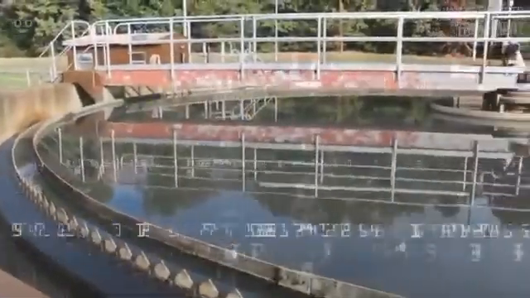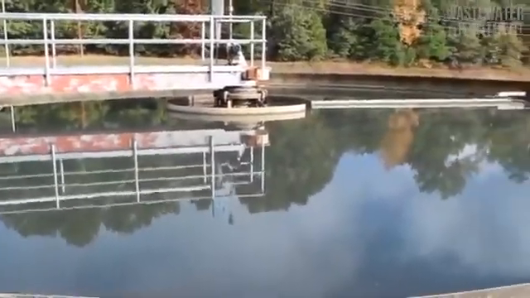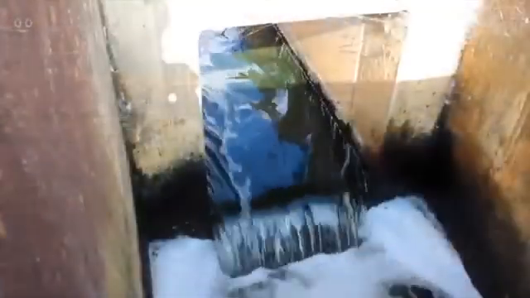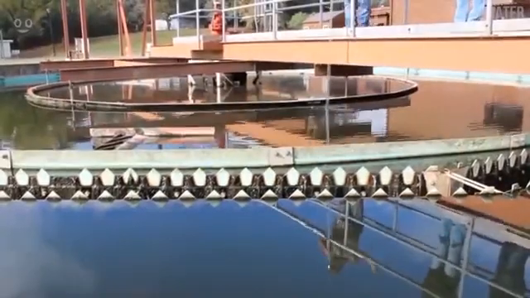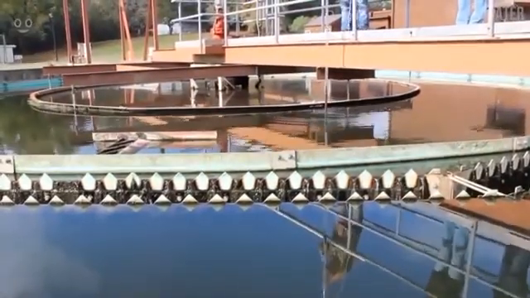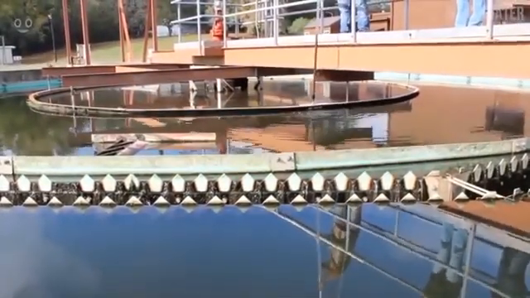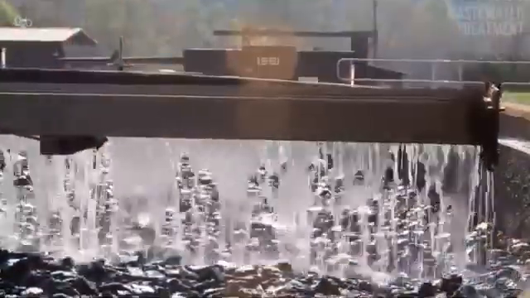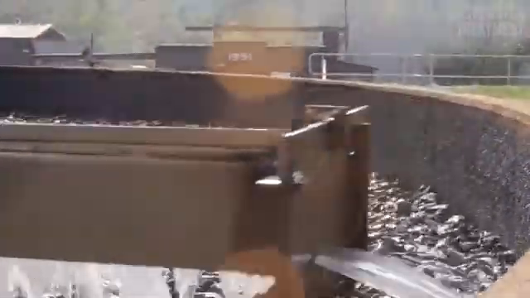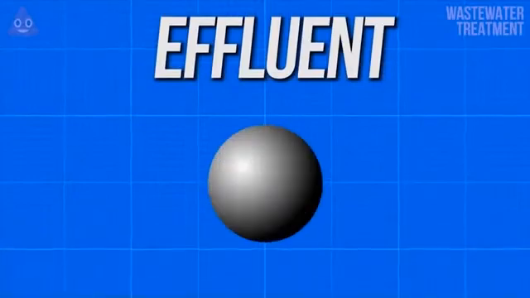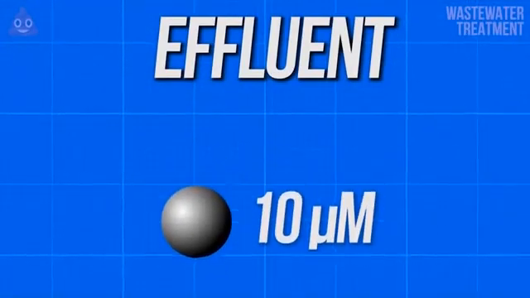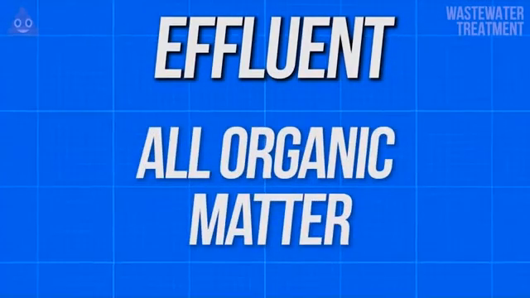In order to accomplish this, engineers will vary the size and number of primary clarifiers in accordance with the plant's permitted sewage flow rate. This ensures that at varying flow levels, solids can settle out of primary clarifiers to the correct quantities. At this step in the process, the slightly treated wastewater, which is referred to as effluent, is free of solids larger than 10 micrometers and should be all organic matter, which will be treated further.